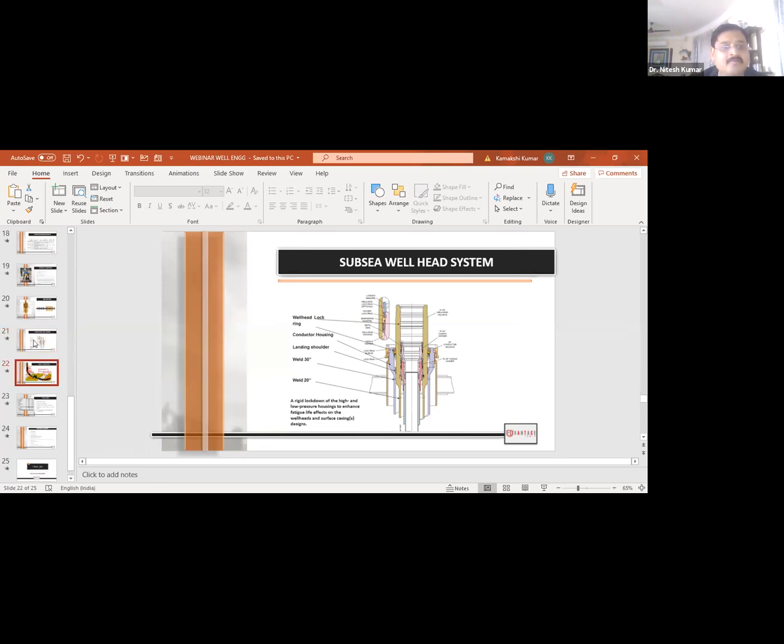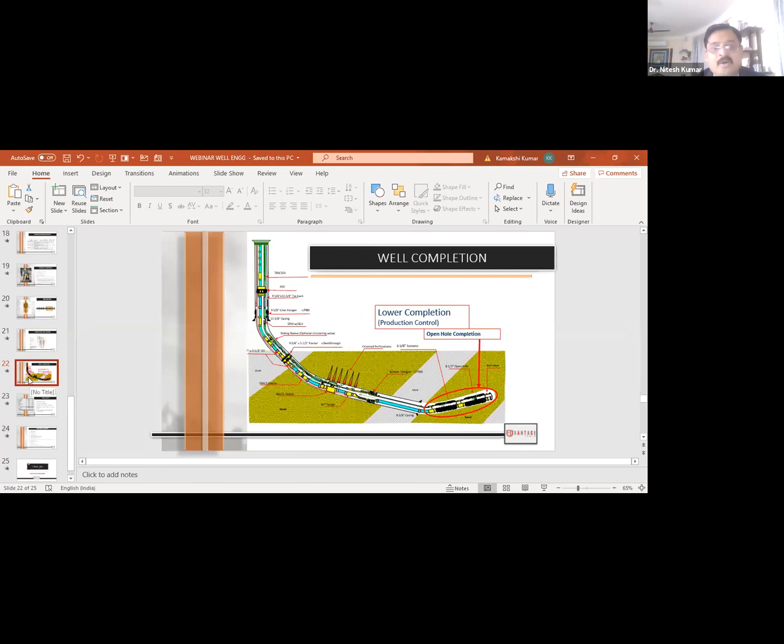Then, guys, we will talk a day on well completion. So basically, we will be discussing the lower and upper completion, and what the lower completion and the sand packs and open hole are basically, and some things on fracture design as well. Whereas upper completion will talk about all the